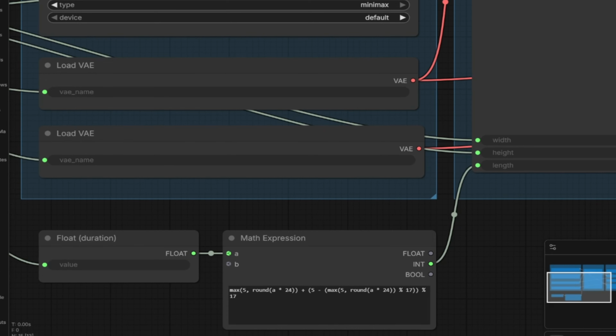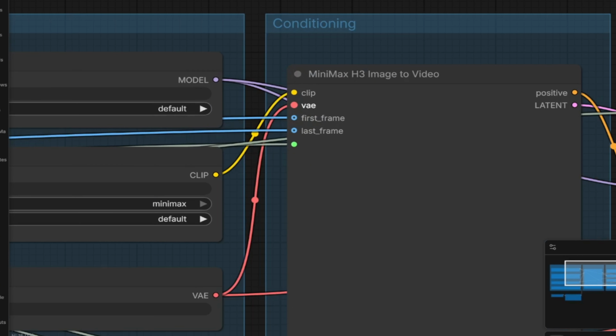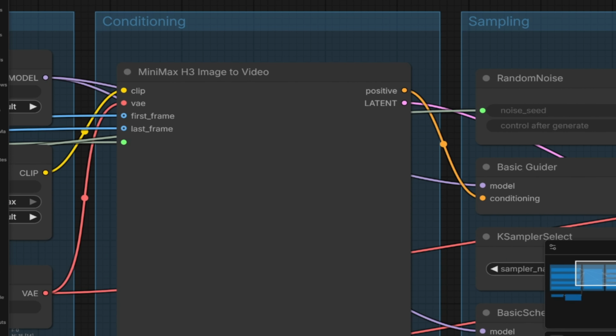Most other video tools only have one, because they only make a silent picture. That little second converter, just for sound, is really the clue to what makes this model special. The next group is called Conditioning. And in one line, conditioning just means taking your words and shaping them into instructions that guide what the AI